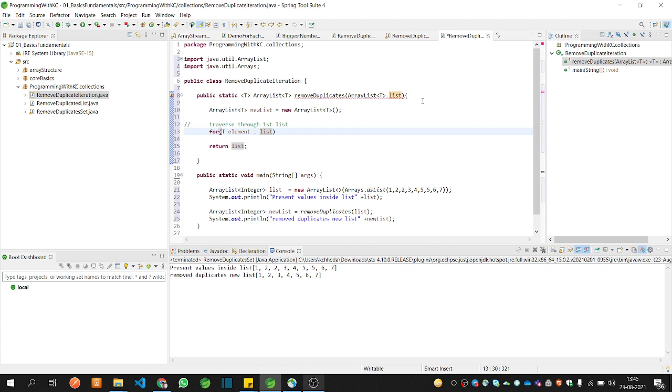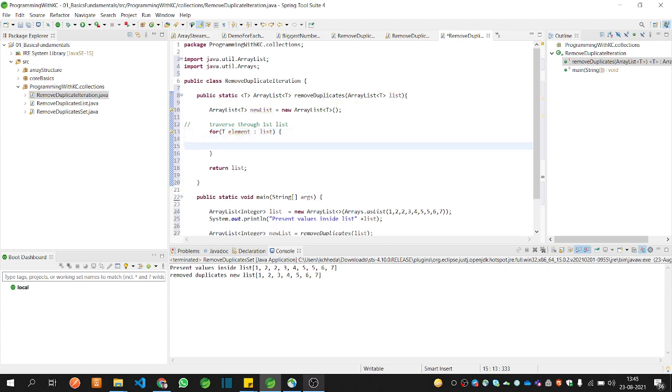So I want to traverse that from the list. So what is my condition in this case? What I am saying is that I traverse the list, but I want to pick only those elements which should not contain duplicates. Like I will check after adding whether this element is there inside the new list or not. So let's say I am over here. I want to check whether it is there or not inside the new list.